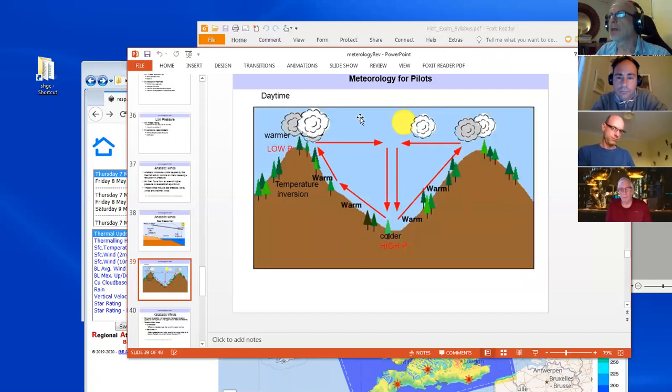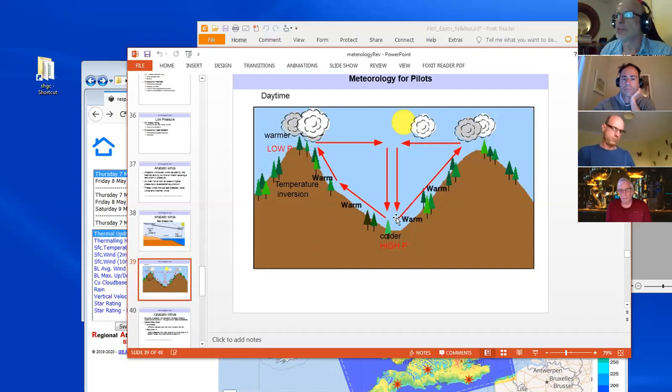Again, the air's got to circulate somewhere, so it will circulate, and then you get descending air in the middle. You can't just have air going and nothing replacing it. You can't have a vacuum. So the air pulls the air down. So you then get high pressure in the middle, and you'll get it in the bottom. Depending on the shape of the valley, Venturi and everything, you can get strong